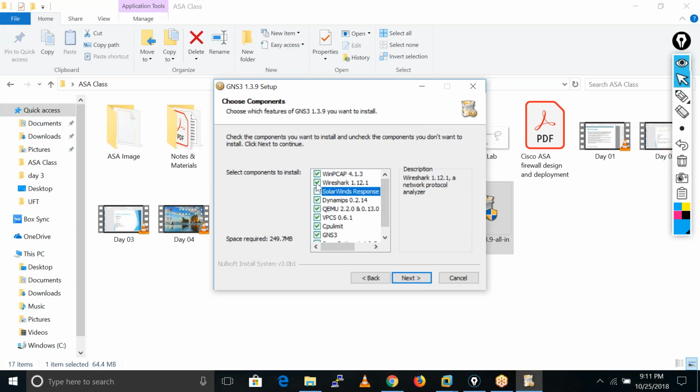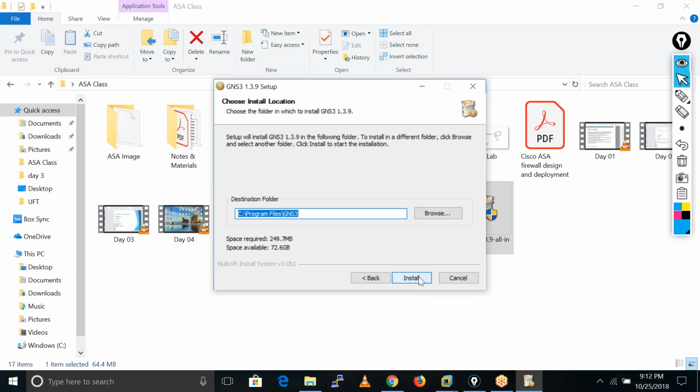Also, if you already have Wireshark in your system, you can unselect it. Otherwise, you can select it too. But I have Wireshark, so I don't want to install it again. So you just deselect these two. If you don't have Wireshark installed in your system, keep it selected. Then go to next and install.